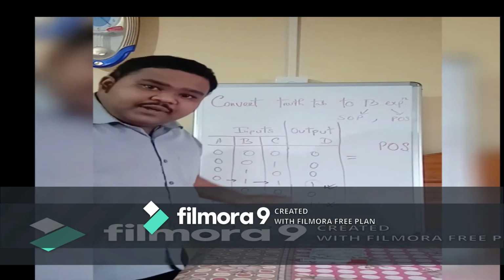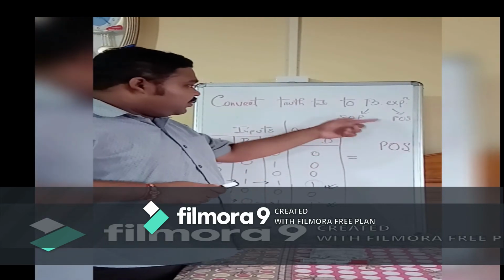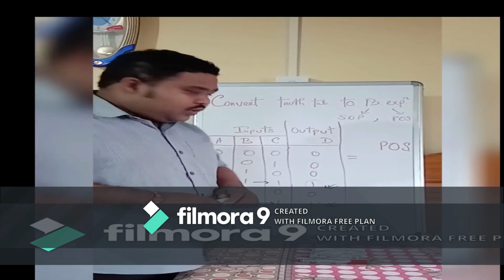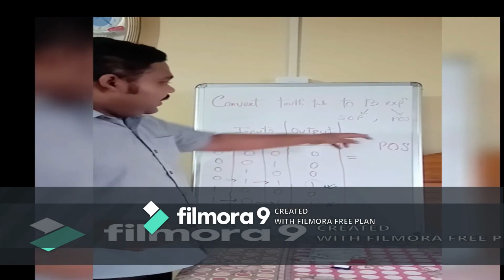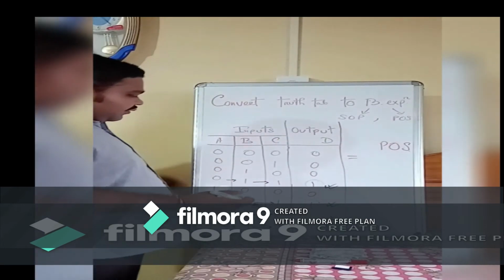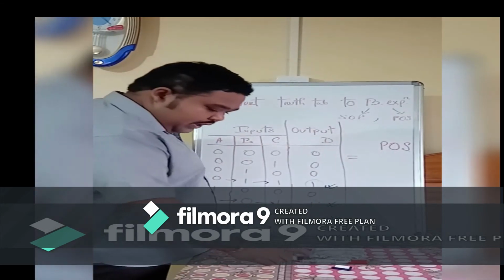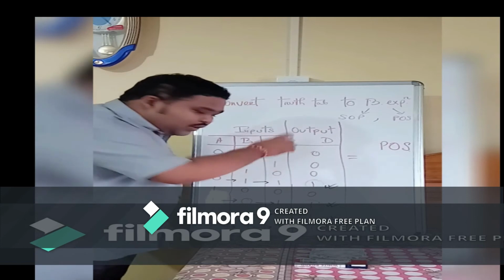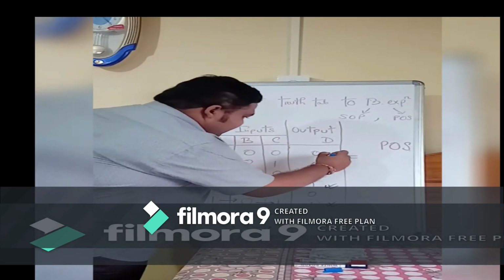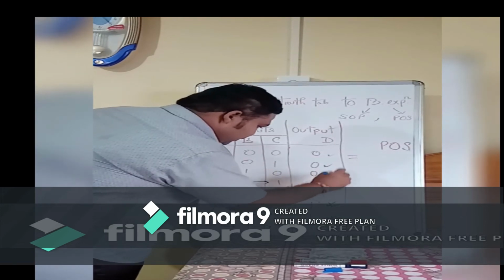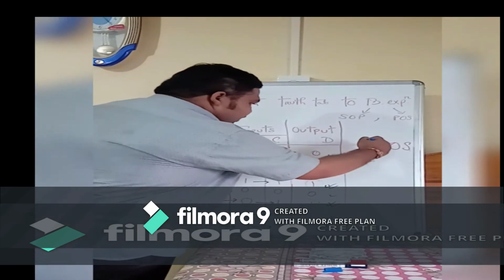Now from this truth table itself we will find the POS, the second Boolean expression. Boolean expressions are two: SOP and POS. Just now you learned how to convert the truth table into SOP. Now you will learn how to convert the truth table into POS, that is product of sums. For product of sums, what is our intention? Our intention is to search for the zeros of the output. So what are the zeros in the output? These are the zeros in the output. There are 4 zeros. Alright.